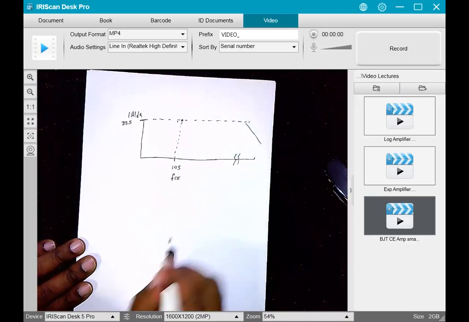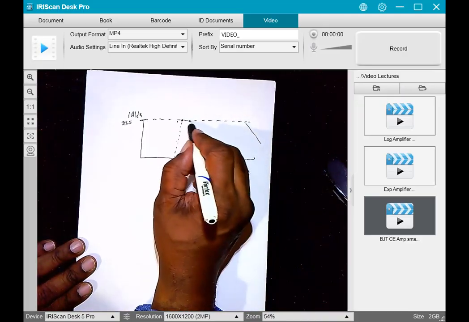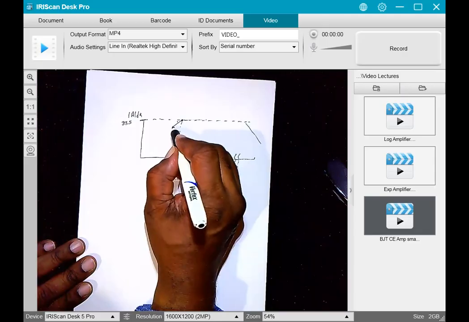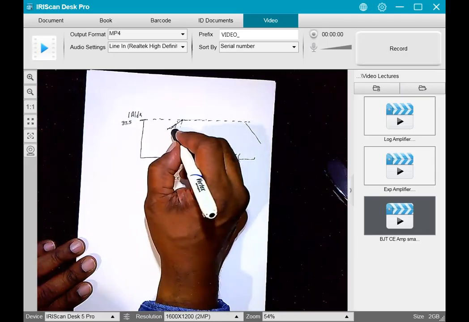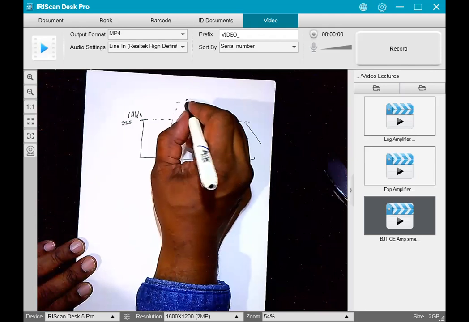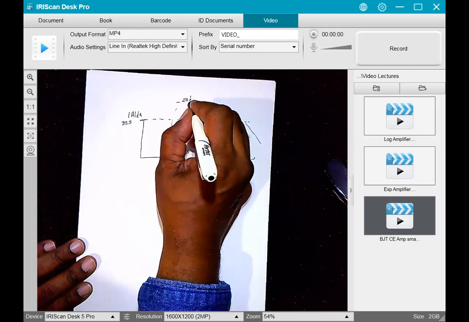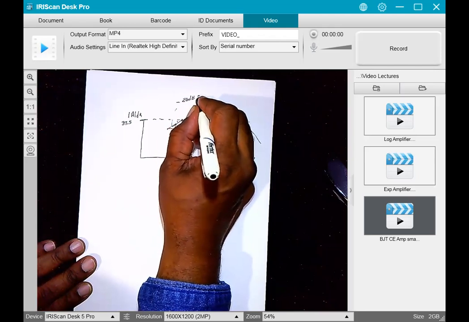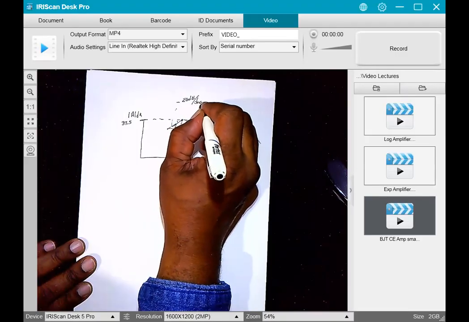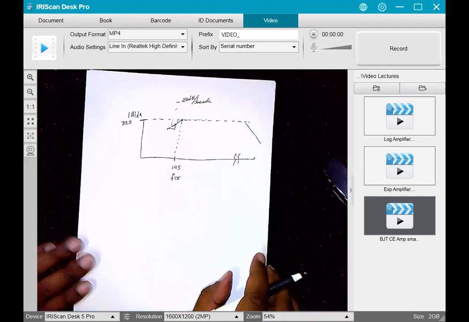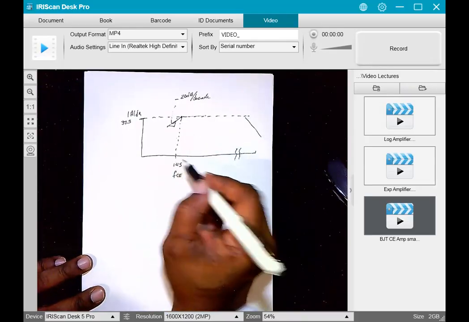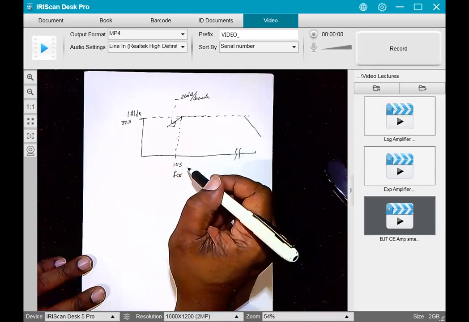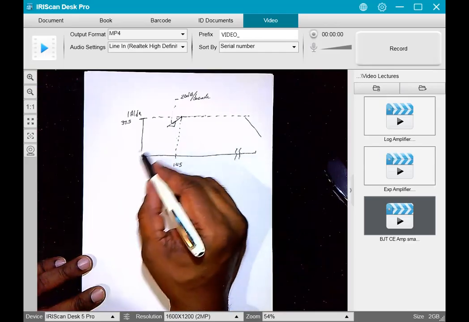So at this point right here, our gain starts to decrease at a rate of minus 20 dB per decade. Now, what does that mean? A decade is a factor of 10. So if we had no more poles down here,